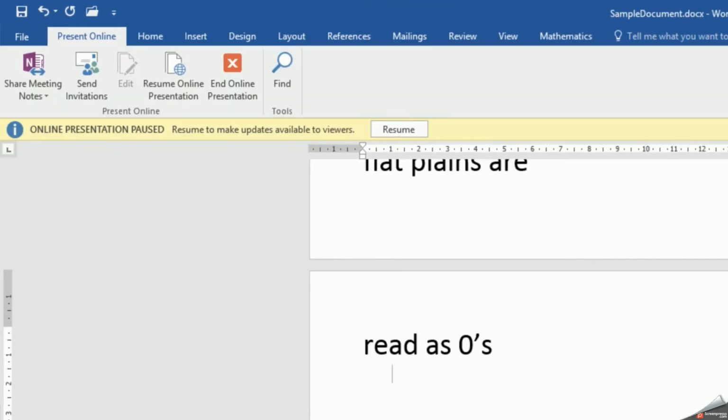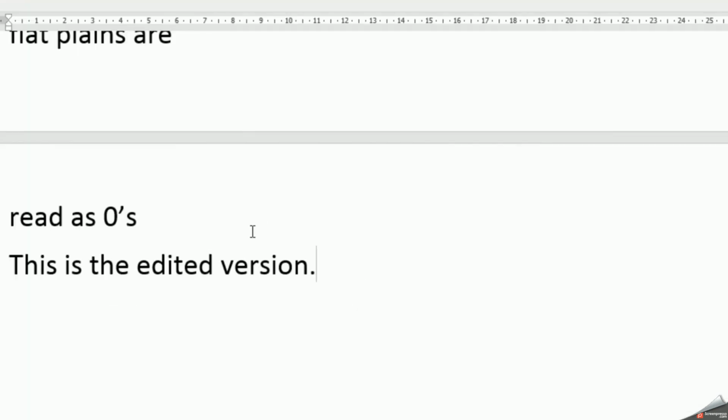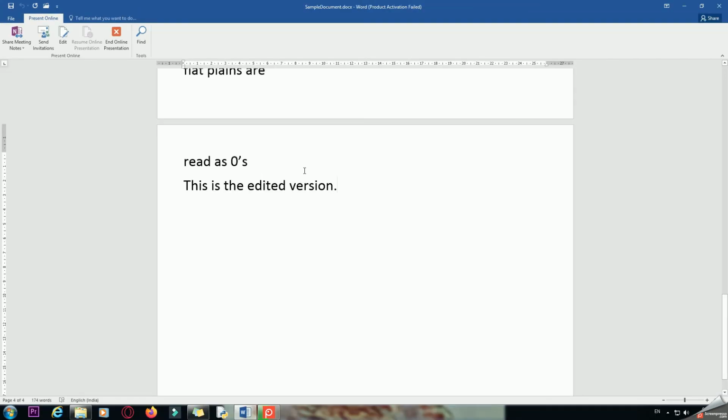If you want to edit, you have to pause the online presentation. So this is the edited version, and once it is done, you can resume again. Once you resume, you can see that you can again go on reading this.